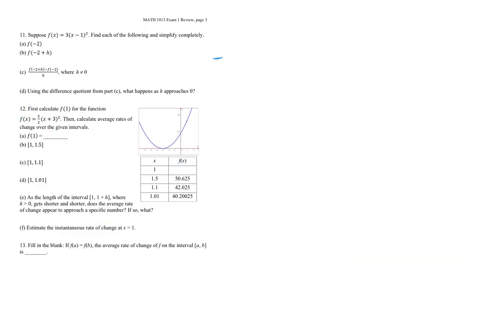Okay, and lastly, number 13, fill in the blank. If f of a equals f of b, then the average rate of change on the interval from a to b is blank. So one way to think about this is graphically. If I have a and b, now I don't know that they're both positive, but just in general, and I have f of a, which is equal to f of b. That means the y values are the same y value, right? And so if I'm looking for the slope on that interval, I'm going to do the change in y over